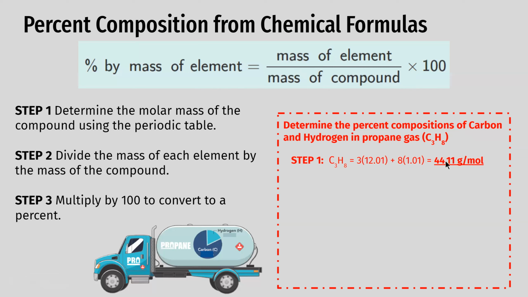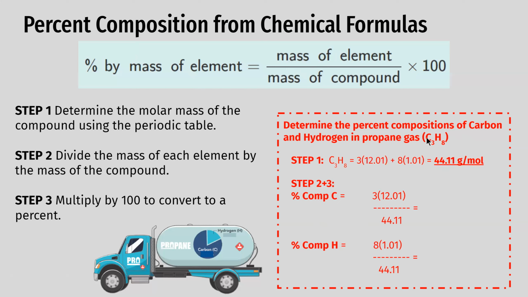So once you've done that, once you determine your total mass, we are going to take the part mass, or the mass of each element, to determine the percent. So for steps 2 and 3, I've broken it down by first carbon. For the percent composition of carbon,